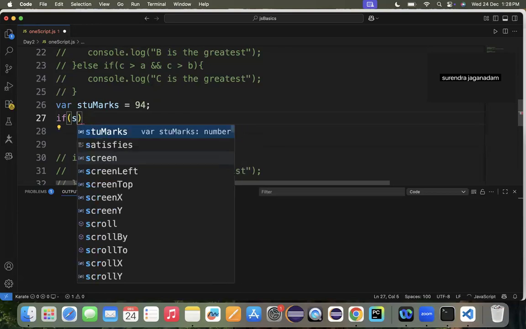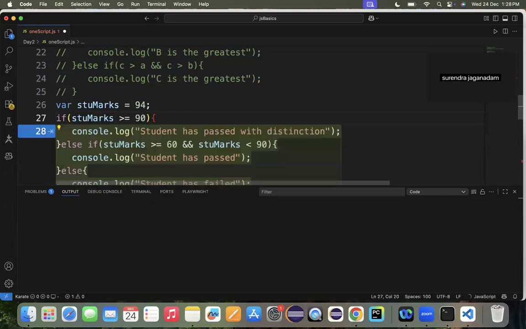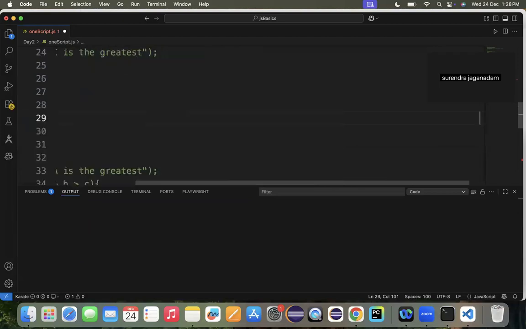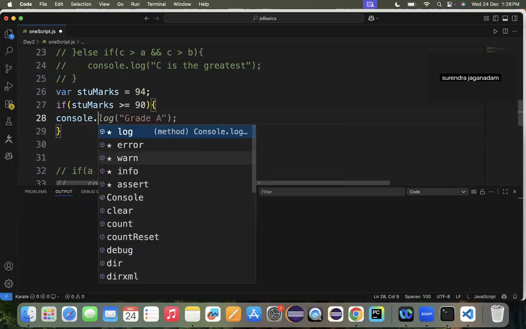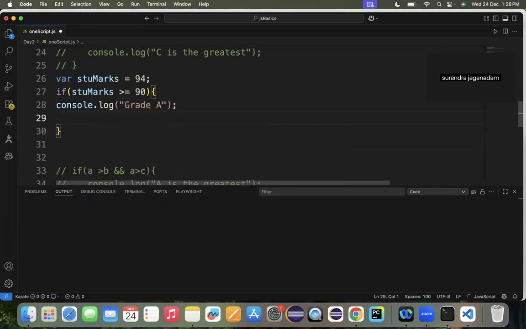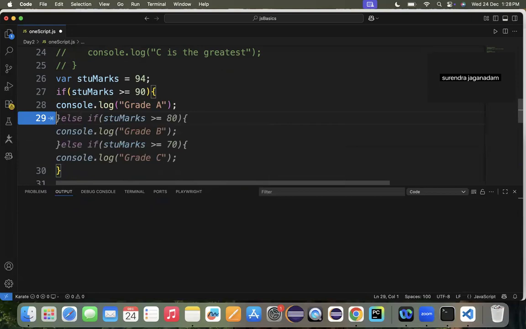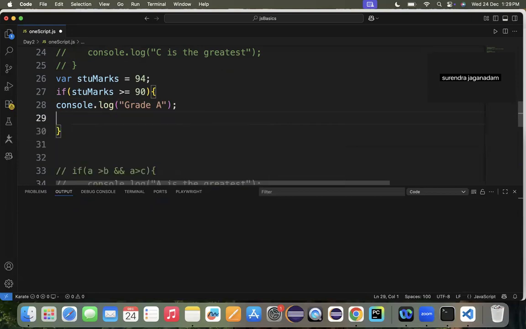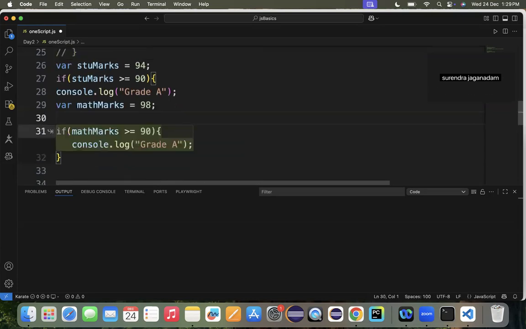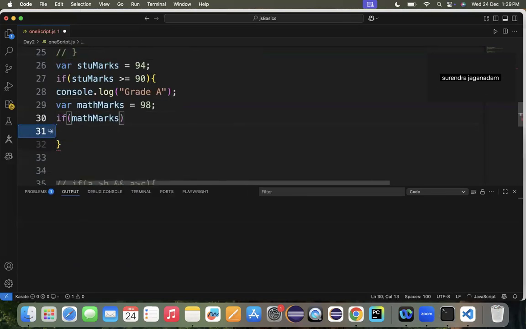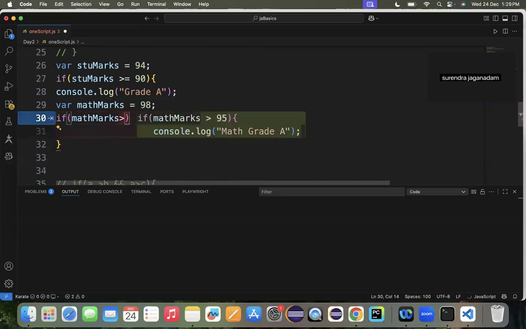If student marks greater than or equal to 90, console.log grade A. And inside the grade A, what I am doing here is math marks is equal to 98, and here what I am doing is if math marks greater than 95,